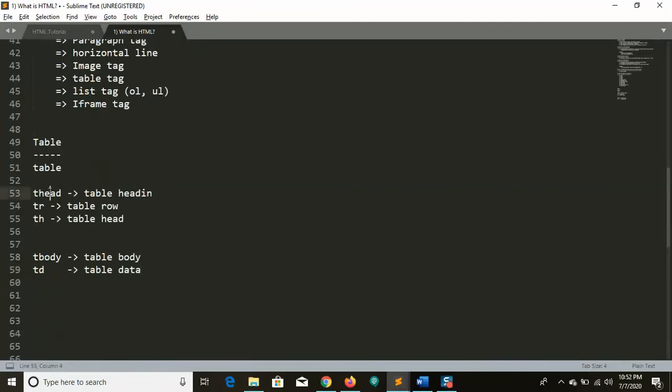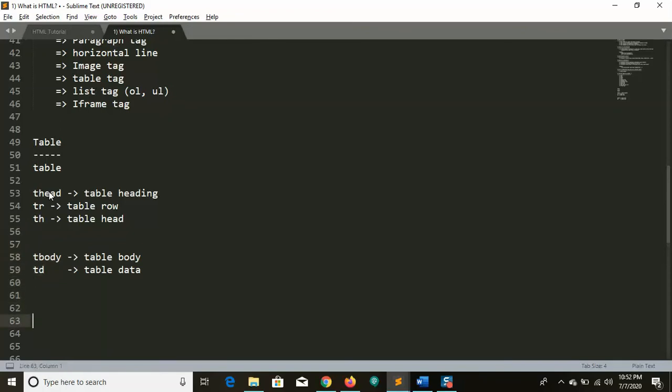Th is used for the table heading. Tr for the table row, th for the table head, tbody for the table body, and td for the table data.